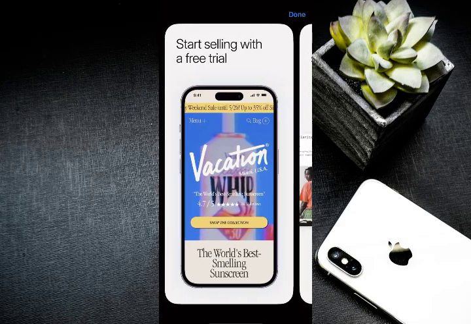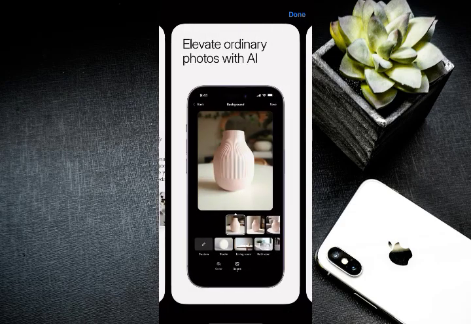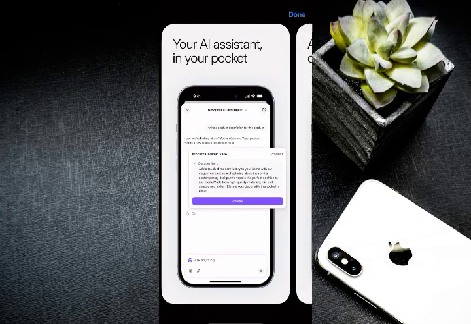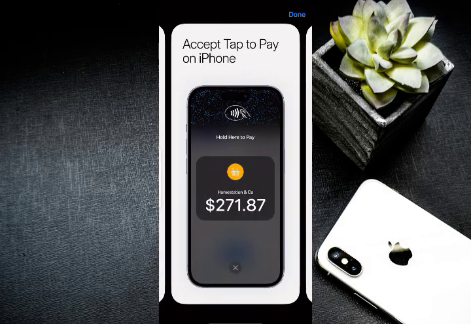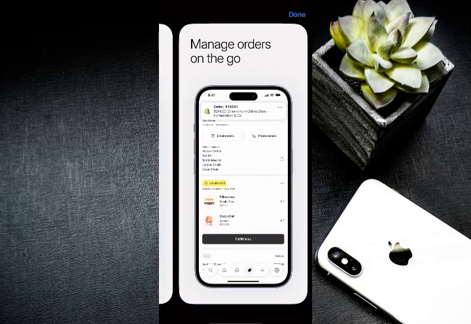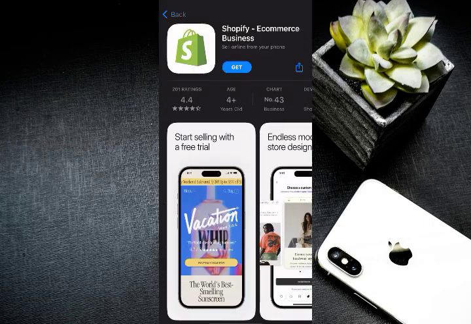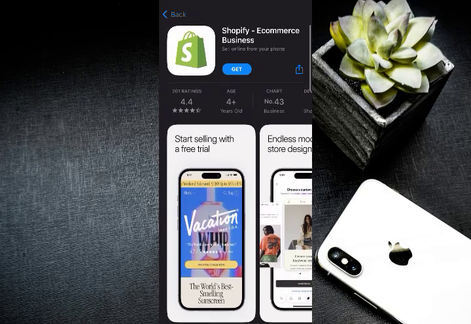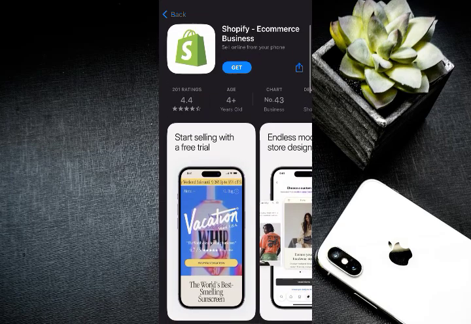Then give your custom categories a name like Summer Essentials or Eco-Friendly Products and write a short description if needed. You can either manually add products to this collection or set up automated conditions, for example, adding products with certain tags or a price range. Once done, click Save. To make sure customers can find these categories on your store, go to Online Store, then